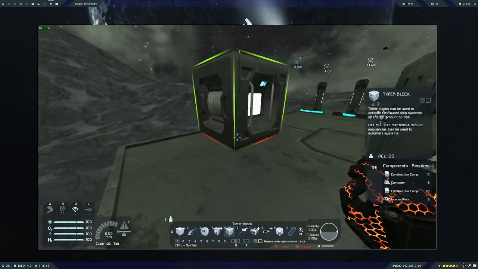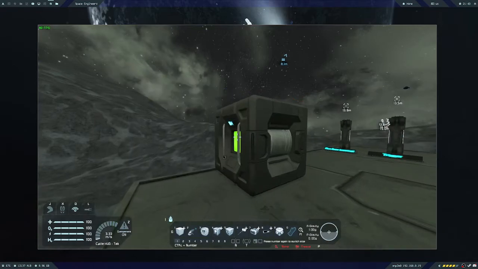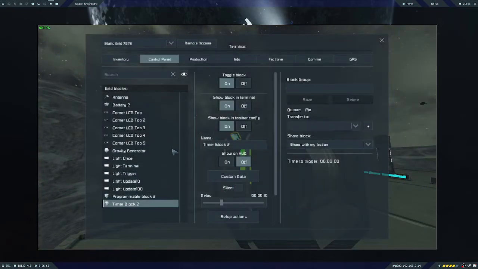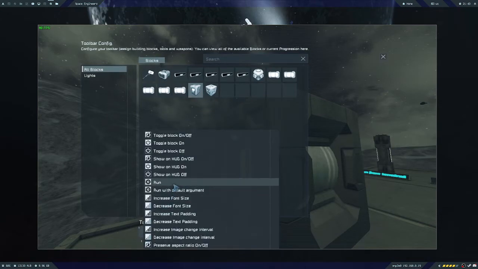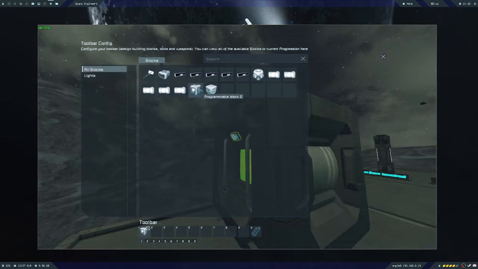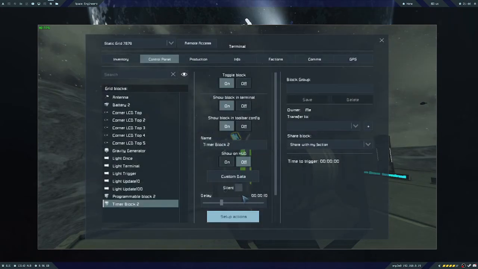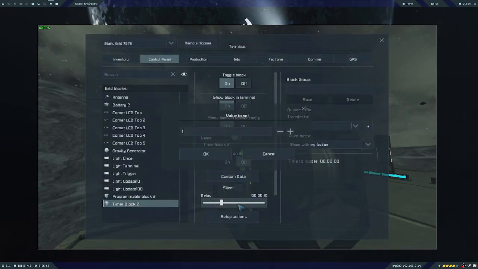We're gonna need one for later anyway. And let's set it to run this programmable block, and then start itself again. And let's set its delay to 1 second,